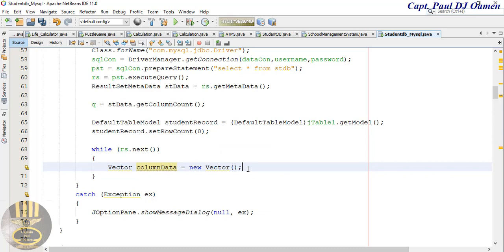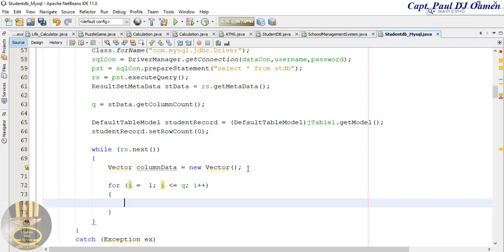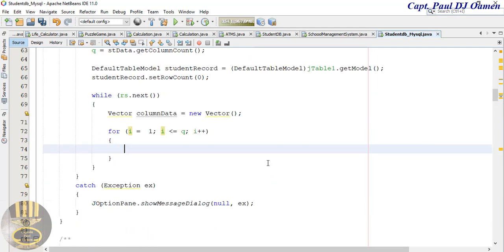And let's use a for loop. For I, if you guys can recall, the I that was declared up there is equals to 1, I less than and equals to Q, column I plus plus. There. So that is taken care of now. Now this column data,